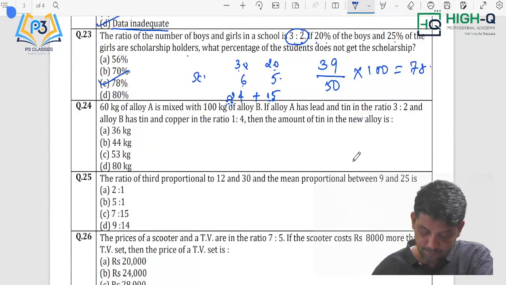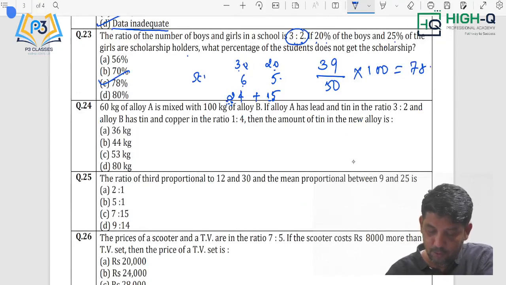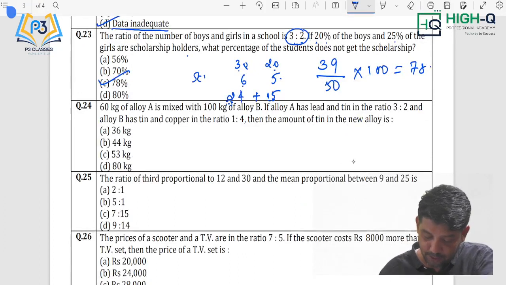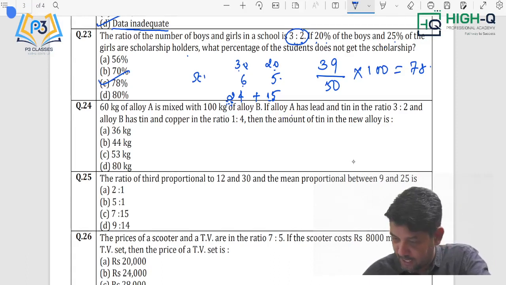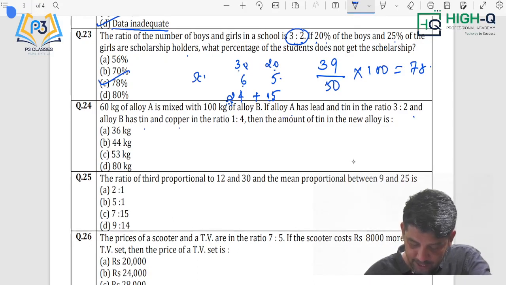Next, 24th sum. What is 24th sum? Carefully listen here, my dear. 60 kg of alloy A is mixed with 100 kg of alloy B. If alloy A has lead and tin in the ratio 3:2 and alloy B has tin and copper in the ratio 1:4, then the amount of tin in the new alloy is,